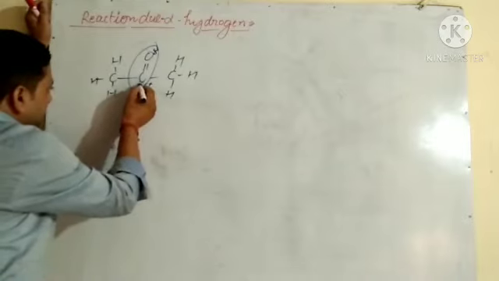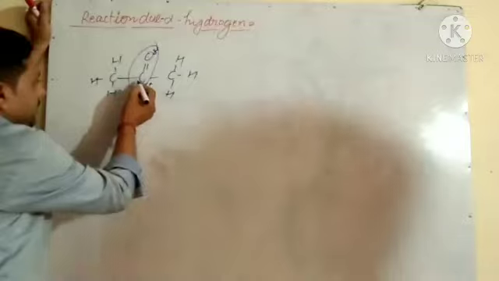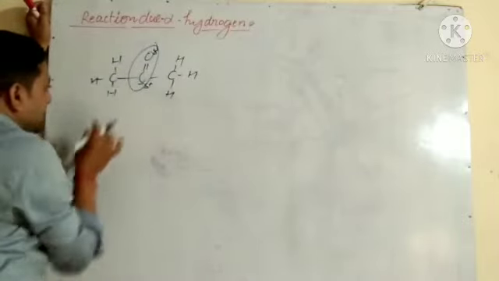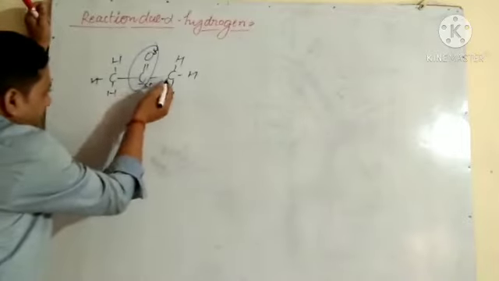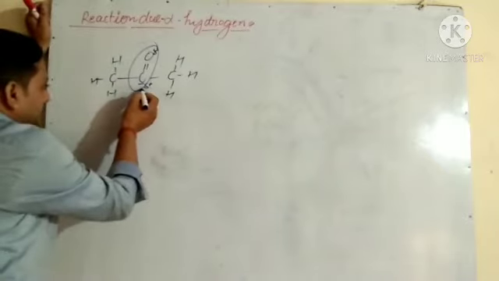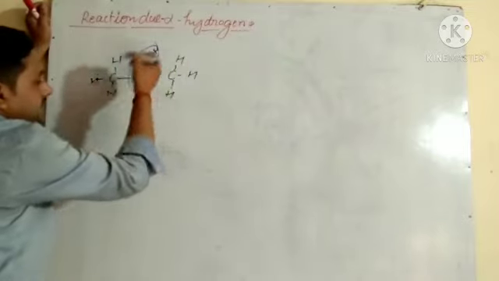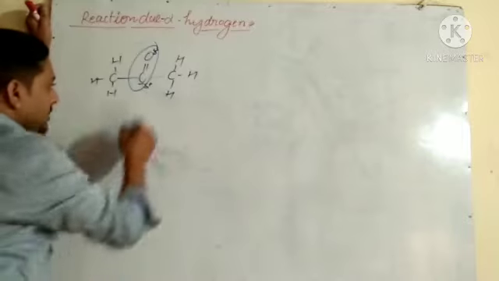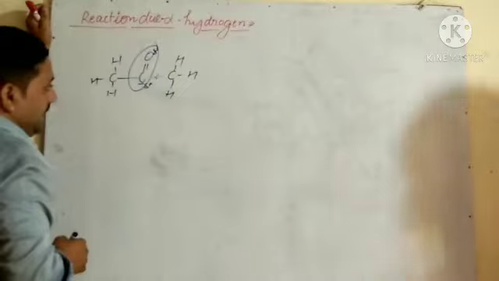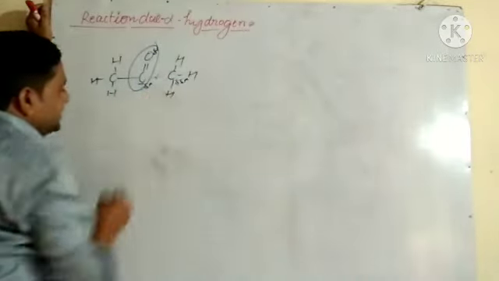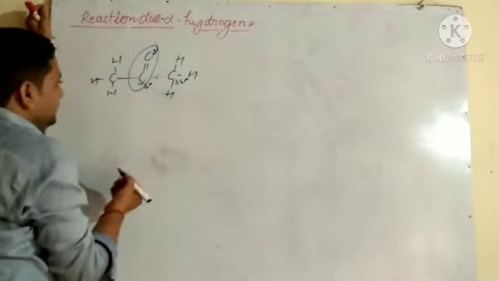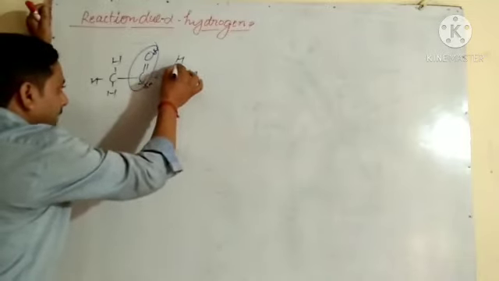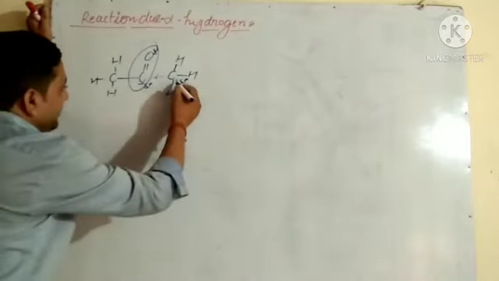Due to the development of positive charge, the electronegativity of the carbonyl carbon increases so much that it attracts the shared electron pair of the nearby carbon. Due to this, a delta positive charge develops on that alpha carbon, and this carbon attracts the electron of the hydrogen. The carbon attracts the electron of hydrogen.